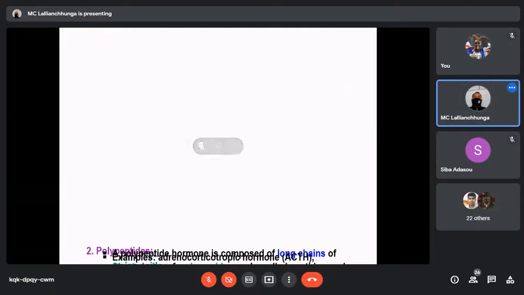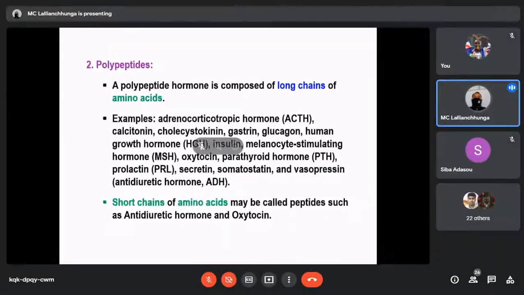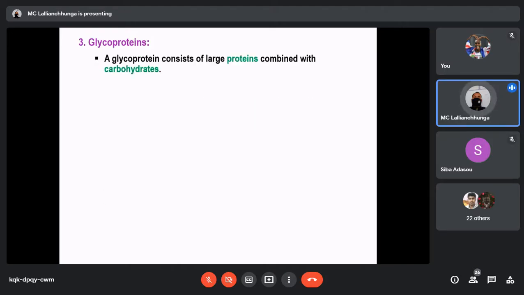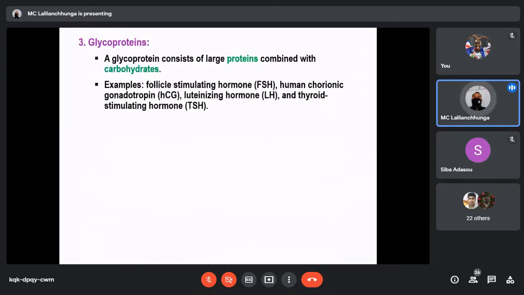So the second group is polypeptides, composed of long chains of amino acids. Examples: ACTH, calcitonin, cholecystokinin, gastrin, glucagon, human growth hormone, HCG, etc. And another one is glycoproteins. Glycoproteins consist of large proteins combined with carbohydrate. Examples are FSH,